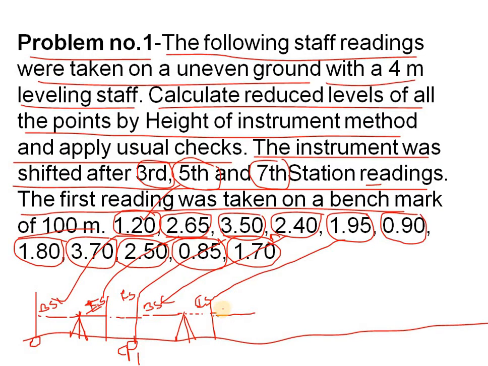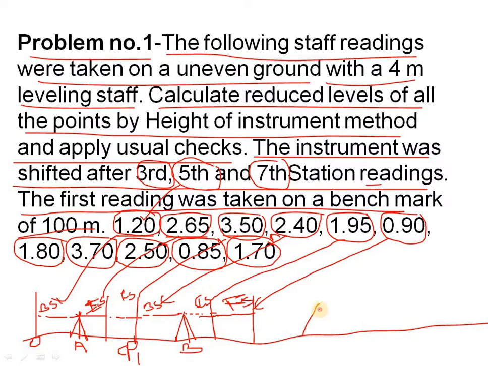So we can see here FS. So that will be this one. This is known as FS. FS is 0.92. So here, you can see this station is nothing but A. We keep it as A, and this one as B. Okay. Now let us see which is the 1.80 after FS, that is BS.